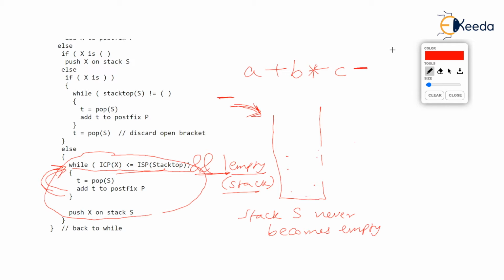But if you push this tilde on the stack initially, such that priority of tilde is least, then whoever is coming inside the stack, like minus, even if you pop all the operators, like star was popped, plus was popped, there will be a time reached when minus, the incoming operator, will be compared with tilde. And you know that tilde has lowest priority, then minus can easily supersede on top of tilde. So stack S can never become empty.